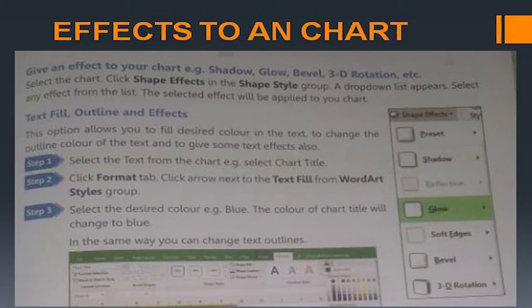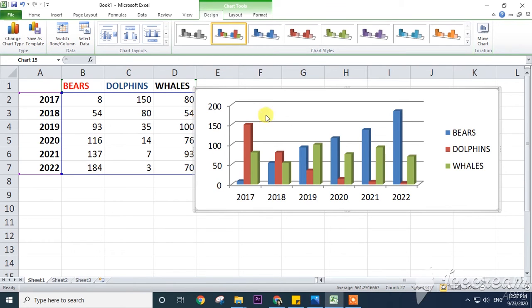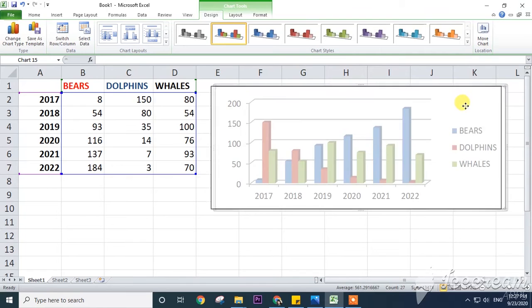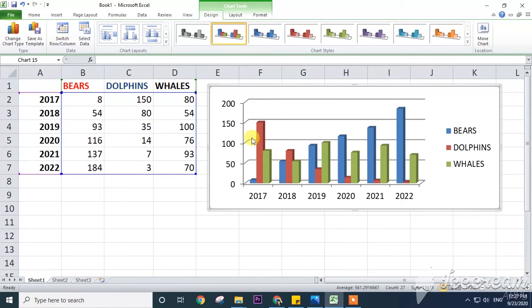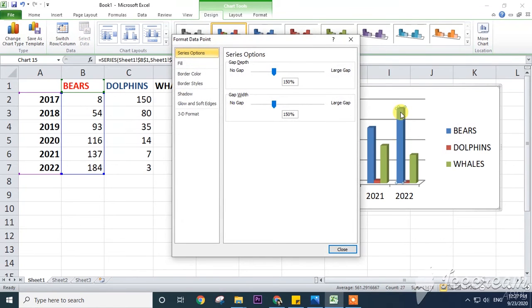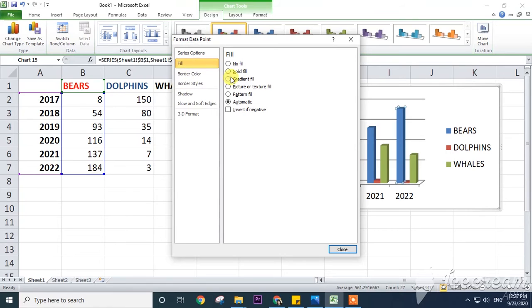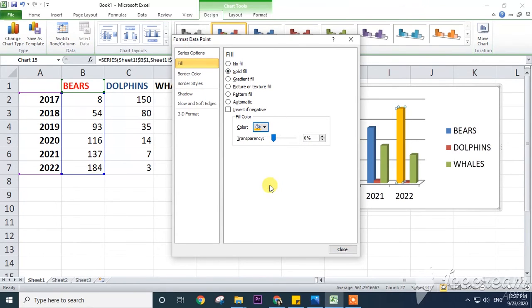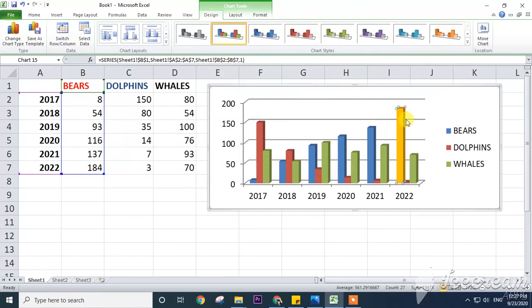Let us have a look at a small video after making your chart here, and let us have a look at how to shape fill, and I want to give a color to this one like yellow. Select that one and double click that one, and you will get one dialog box here, Format Data. There is a fill color here, solid fill and color. For example, I am selecting yellow, click on close. See here, you can give the particular yellow color.